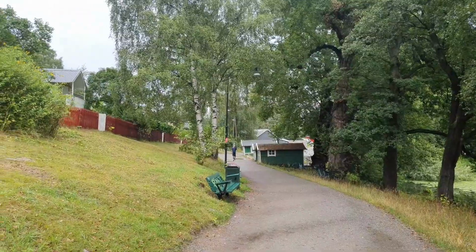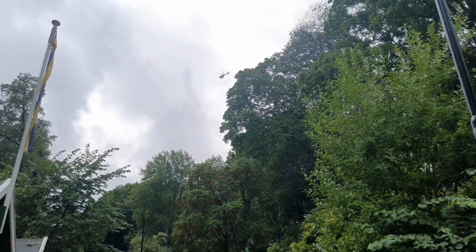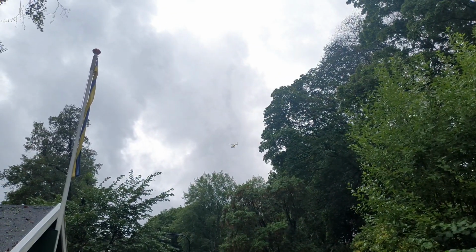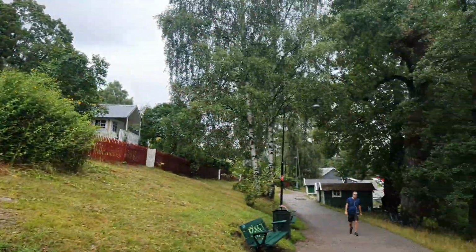Ooh, a helicopter. Looks like an ambulance helicopter, so probably some kind of accident or...